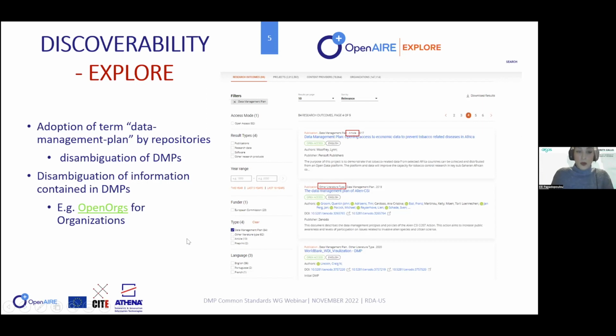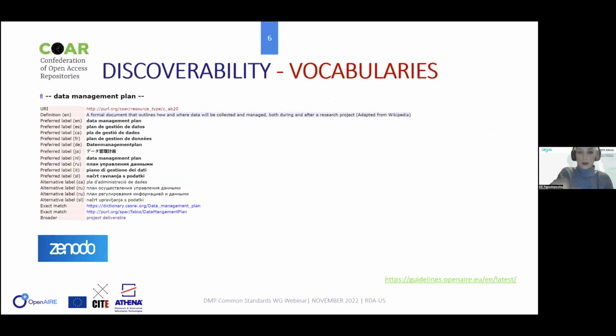And during this disambiguation, and in order to enhance the content coming in the DMPs from APIs, we had to disambiguate the organizations because, again, OpenAIRE is a big harvester that collects information for organizations, for example, not only from ROR, but also from Grid, from Crossref, so from many different sources that have a specific form that they send this information to, and have unique identifiers for each organization. So if you go to Argos, you will be able to find multiple entries, let's say, for the same organization. So we wanted to resolve this as well.